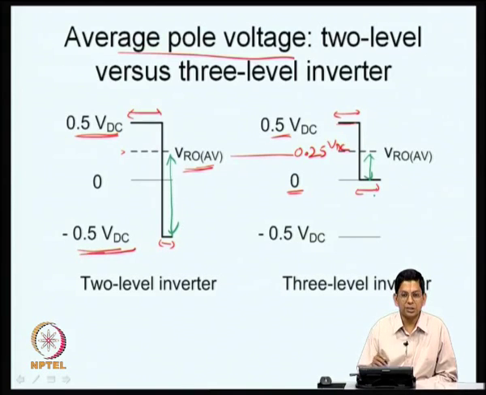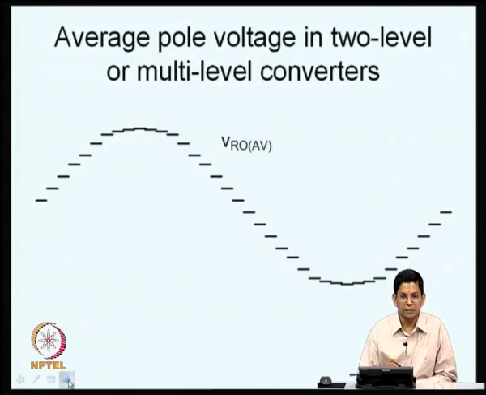So, you can see that the worst case error between the two is reduced, that is, the instantaneous error voltages are reduced. This is what leads to a better waveform quality. Your harmonic distortion is going to be substantially lower because of this. That is why a 3 level inverter is said to give a better waveform quality than a 2 level inverter. This is something we saw in the previous class.